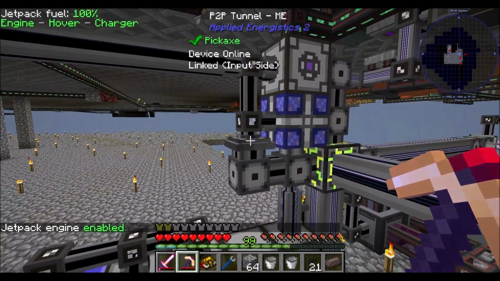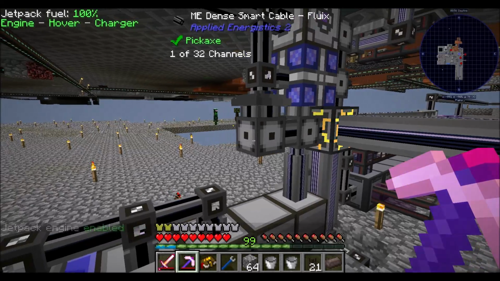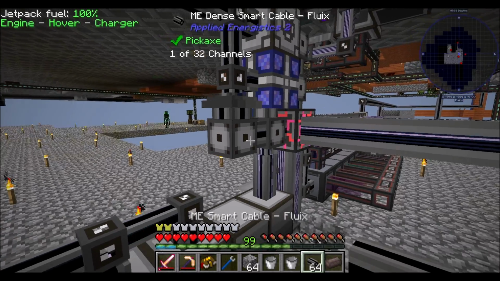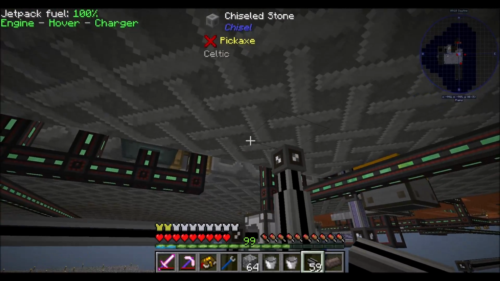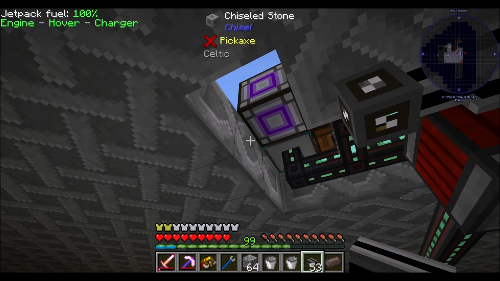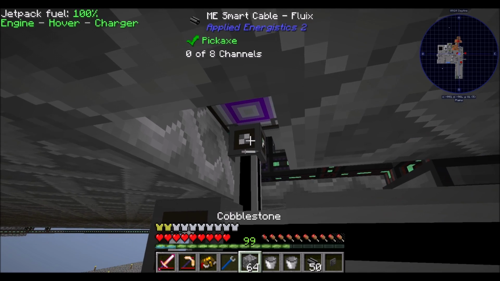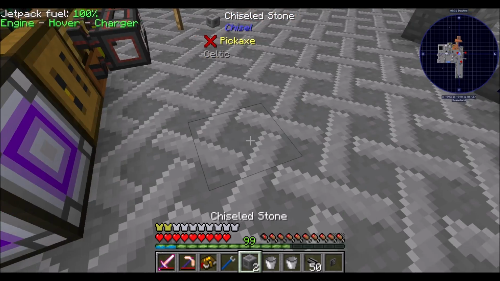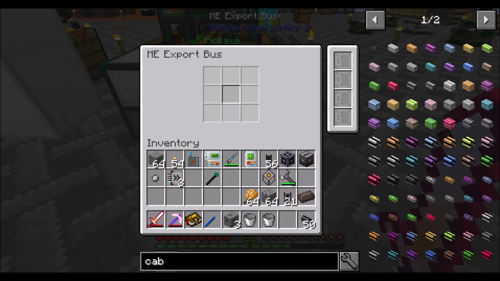So this is a channel that we don't want to tap into. This one we can, though. That shouldn't be a problem, because then we can just export some junk that we don't necessarily need, right? I like this idea. So I've got an export bus here. And you can do archaic bricks